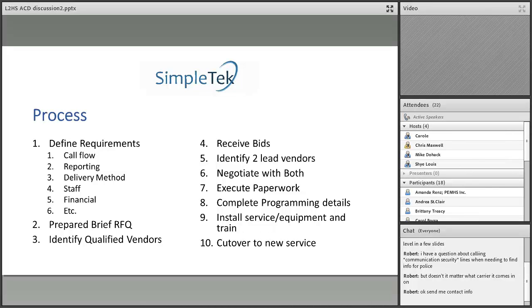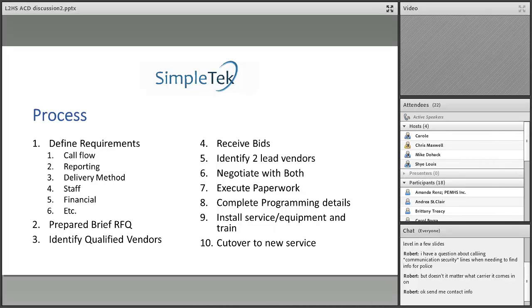We identify qualified vendors. We have a list of vendors that we vet out based on product, price, support, service, reliability. If you're going through this process, doing these first 3 steps is relatively maybe 30 days to really get something that's true. Then we would sit down and go through every one of the components and say, okay, this is what it looks like, this is what you'd be doing here.